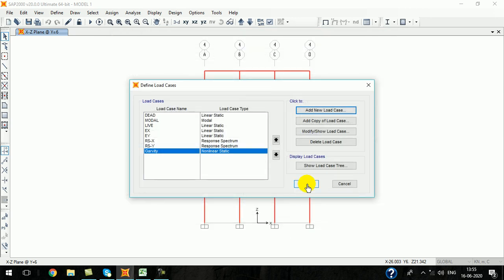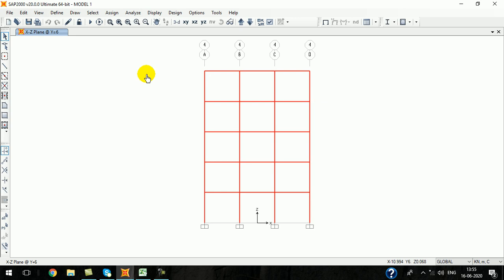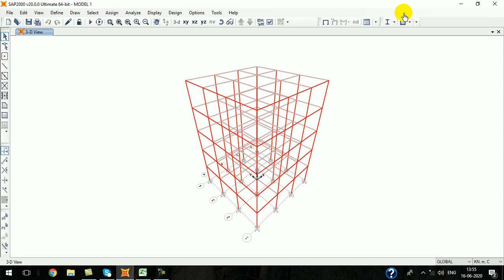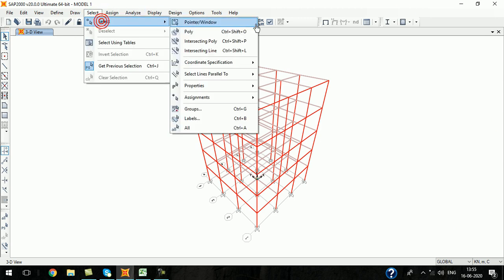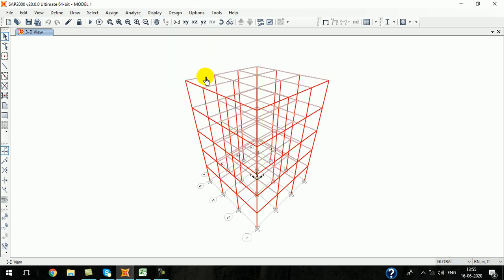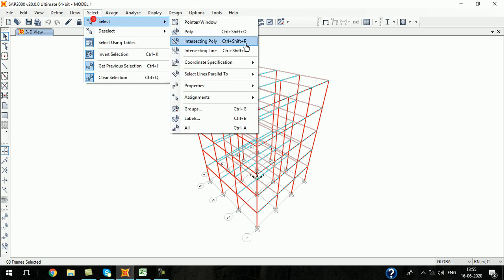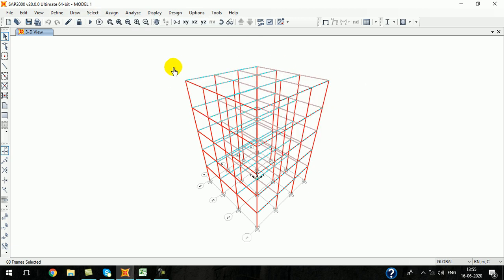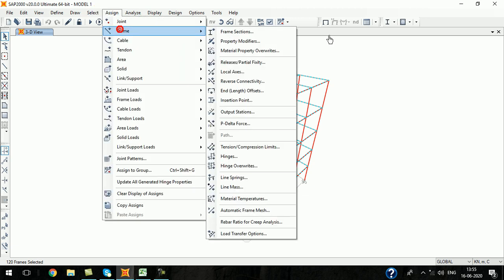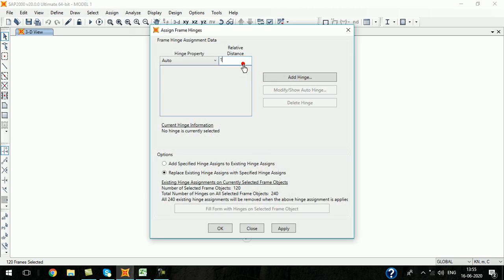Click OK. Now we have to create the hinges. We have to define the plastic hinges for our beams and columns, the structural members. For that, let me select the beams first. Go to assign frame hinges, and the hinges will be defined at the ends of the beam.